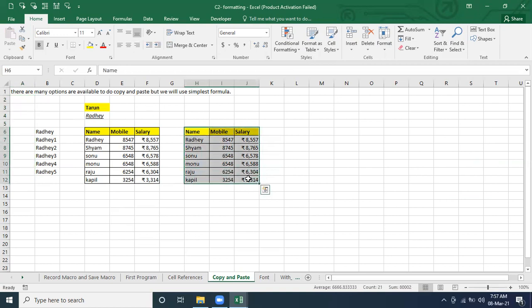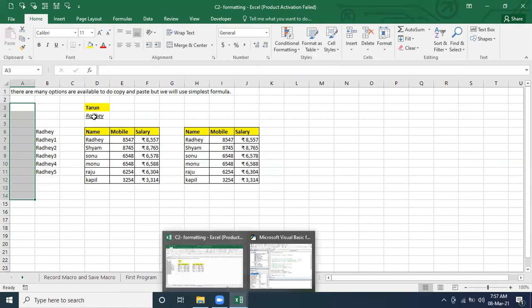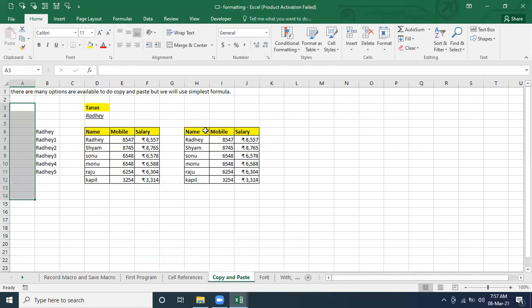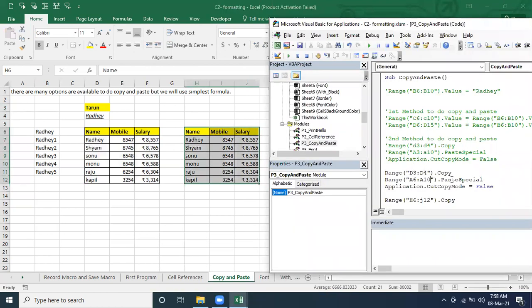Yes, we copied these rows and were trying to paste to multiple rows. This is the one. But now what we are going to do is the same thing here. We copied this range and we are going to paste to multiple ones. So for this one it is going to paste everywhere, but for this one it is not going to paste. What is the difference we are going to identify? Okay, so let's see.